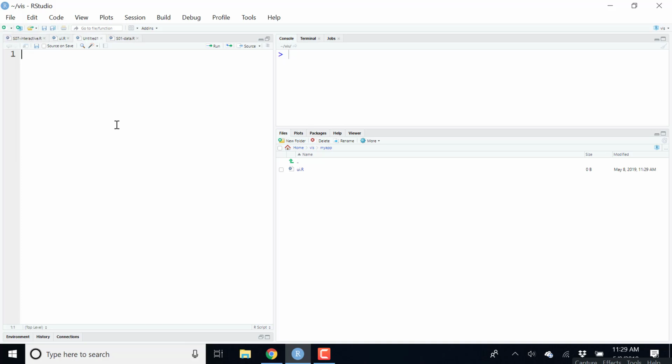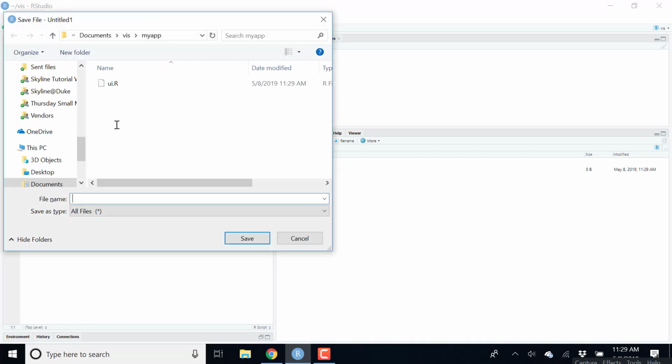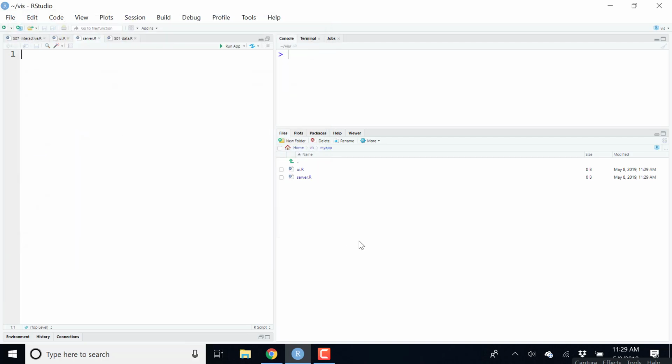And then I'm going to create a new script that I'm going to store in that application folder, and this one I will call server.r. So I have these two files here inside my directory. Here, to highlight the fact that I have two parts, I'll create them as two different files. These two parts of my Shiny application, the user interface and the server, could also be written in the same file, and we'll see a little bit later